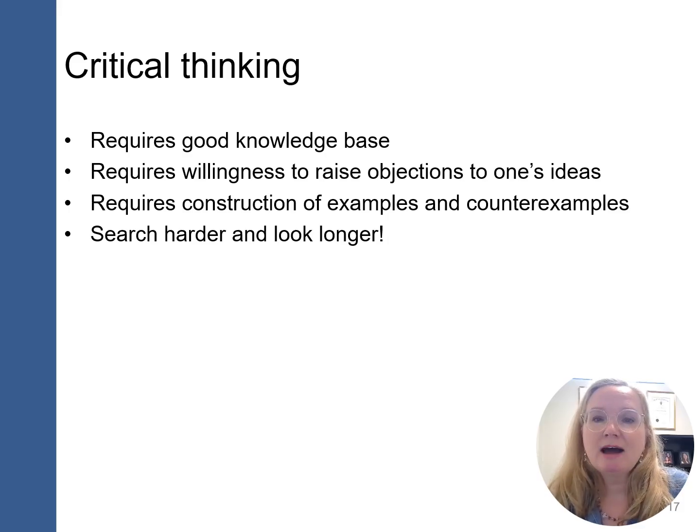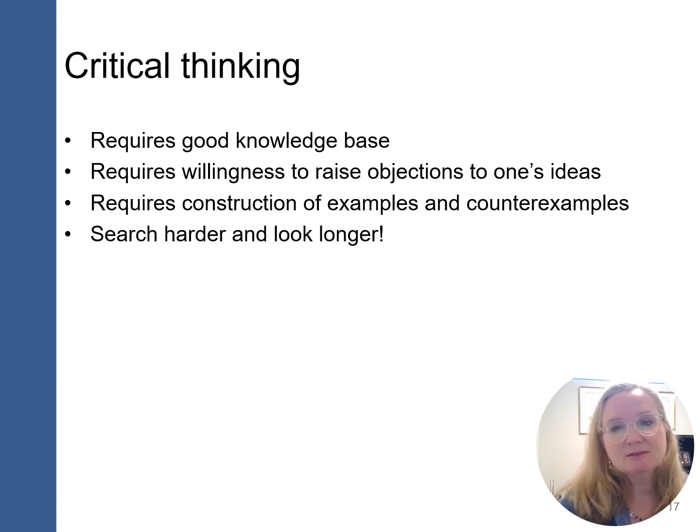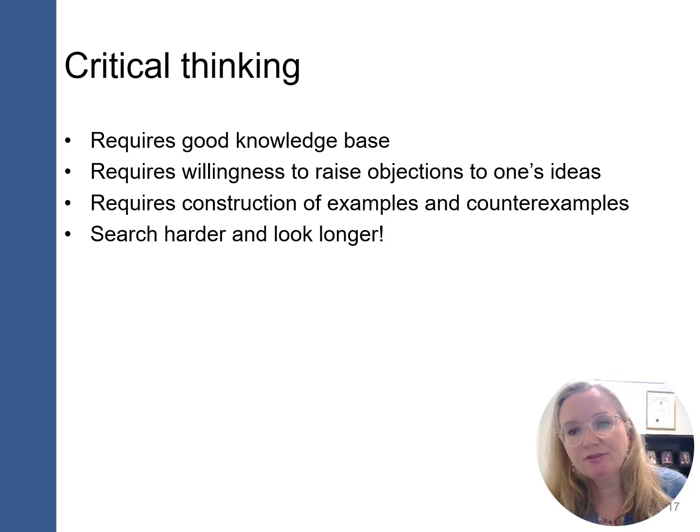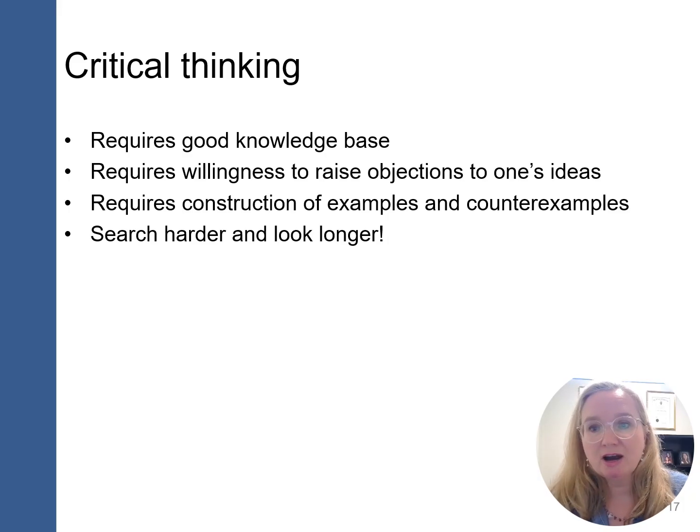Then you have to have a willingness to raise objections to one's ideas. We often talk about this throughout all of psychology classes. One group of scientists might say one thing, another group of scientists say a different thing, and we're trying to reconcile their two lines of research to see what the answer is. Objections to one's ideas is essential to science, but it is also really critical for critical thinking. Seeing both sides. You're right, but this person on the opposite side of the spectrum might also be right. Where is the connection between those two opposing viewpoints?